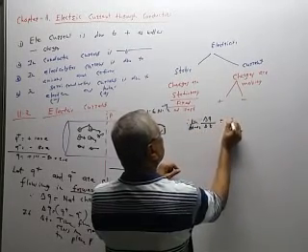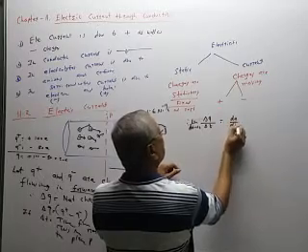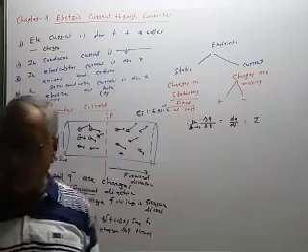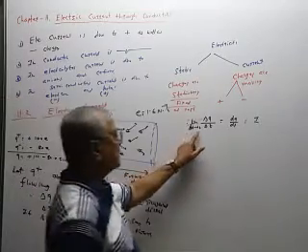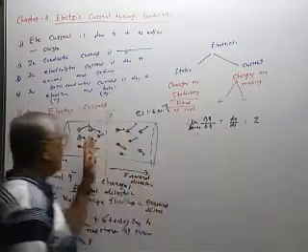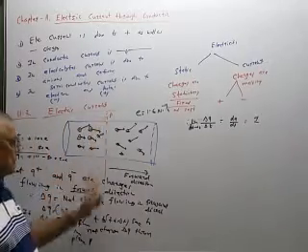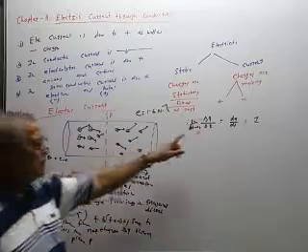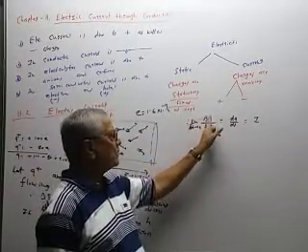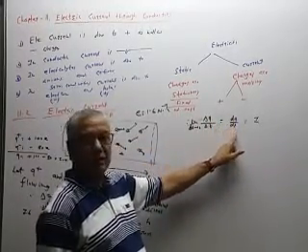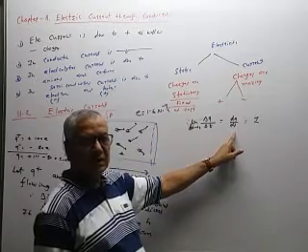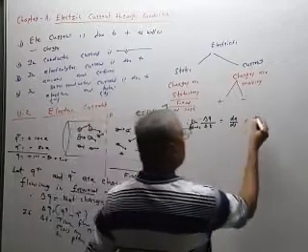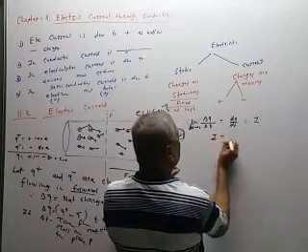This is also denoted by dq by dt and this is called as current. The current, on an average definition, limit delta T tending to 0 means the time taken to cross the charges through the plane is from T to T plus delta T. So this delta T is very small time interval. So when delta T is tending to 0, delta Q by delta T is called as dq by dt. This is the method of differential calculus. dq by dt is called as the current. So ही definition आपण SQ पासून बघतोय. So current I